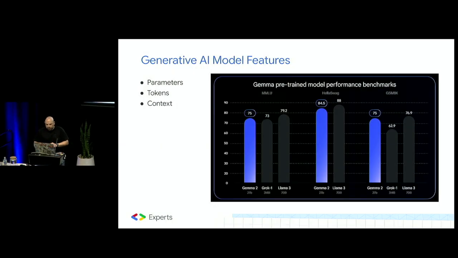So I did promise for this to be a demystifying session, so let's start unpacking a little bit some of the terminologies that we use to describe models. And the first one is the little numbers that you see at the end of every one of those models. They may be something small, like 2B, or large, 70B. So these are not actually random numbers. They refer to the number of parameters that the model contains. So think of the parameters as the rules, the connections within the LLM that determine how it processes and generates language. They manifest as weights and biases, and they are the ones that determine what the output of the model is actually going to be.